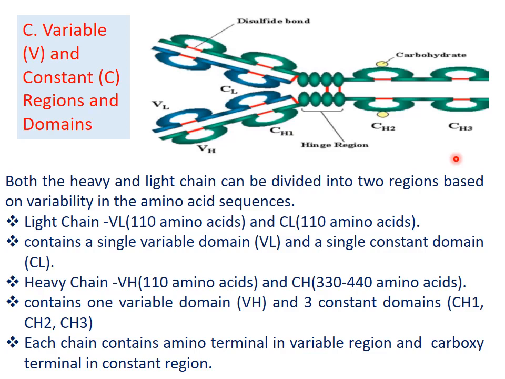The light chain has 110 amino acids each for the variable as well as the constant region, whereas in the heavy chain, the variable region is composed of 110 amino acids, but the constant region, as there are 3 constant regions, has almost 330 to 440 amino acids. Now,